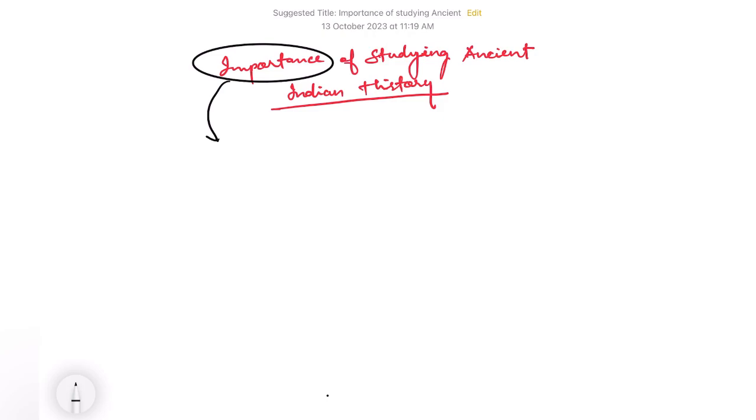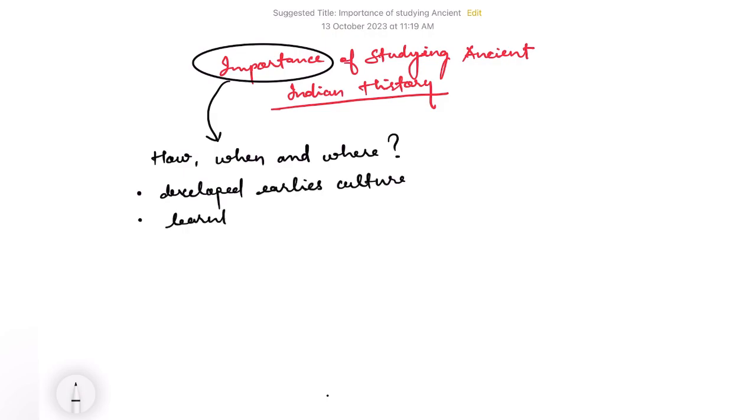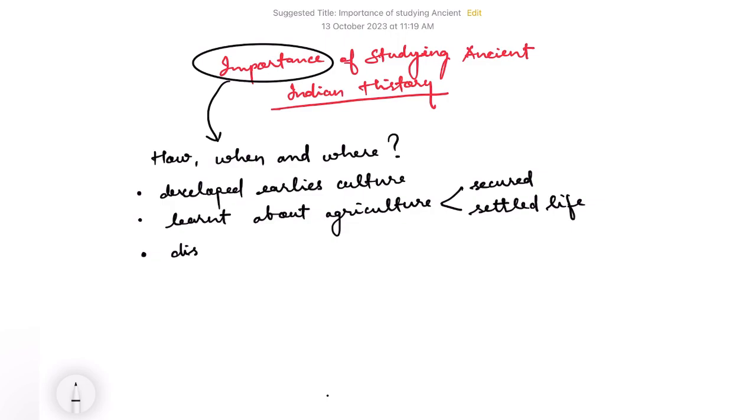By studying the ancient period, we will get to know about the lifestyle of the people of ancient times, what they were doing, how they were living, and how they were utilizing the resources around them. So we'll learn about the development of the earliest cultures, and about how people learned agriculture. Agriculture provided them a settled and secure life. We will also learn how they discovered the natural resources around them and utilized these natural resources